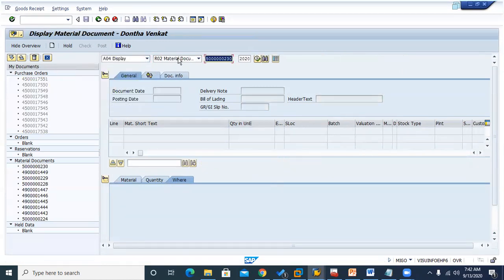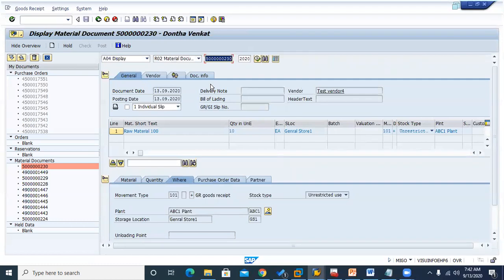To see that, we have to choose display in this transaction itself, because you have done it for the first time. First time means as soon as you have done MIGO and you are displaying it, that present material document comes here automatically by default. But if it is not coming, you can choose whichever document it is. Whatever you created will be in the first position. The previous one is second, third, and so on accordingly.